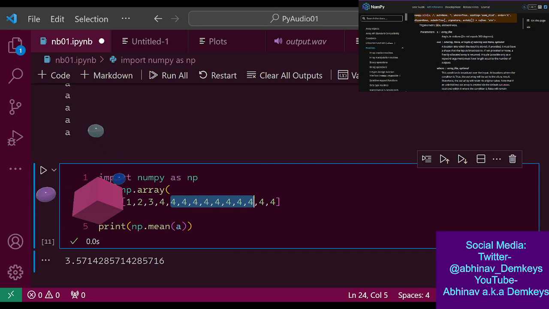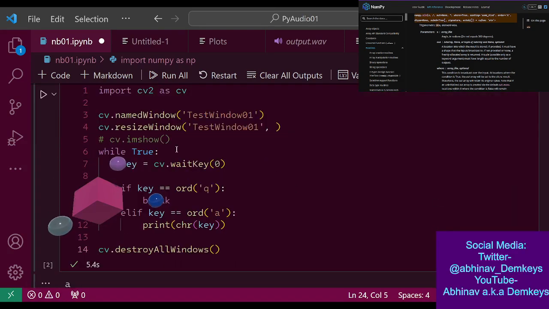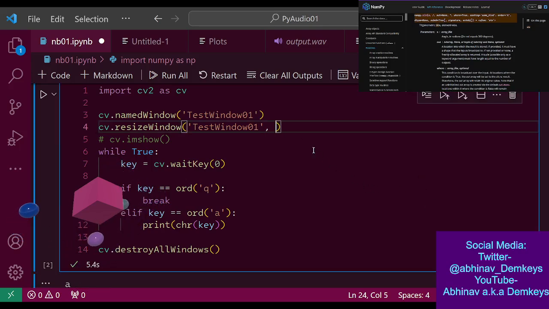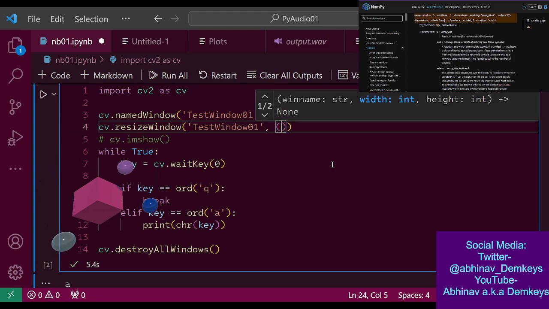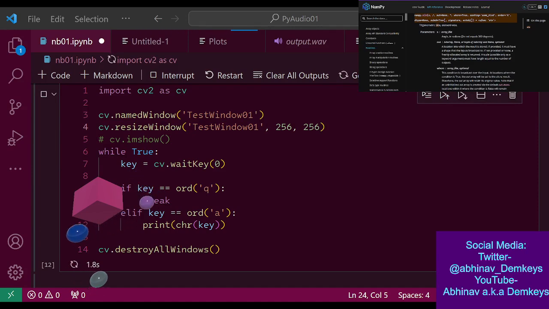So the next thing I want to do here is, so I've set up this thing. I need to take it up there, or I can just carry on doing it here. That's fine as well. I can rewrite the code. I want to set up. Oh wait, this takes a tuple, doesn't it? Oh no, it doesn't. Okay, so width, let's say 256, height 256, and let's just run that real quick. Yep, that's great. Awesome.